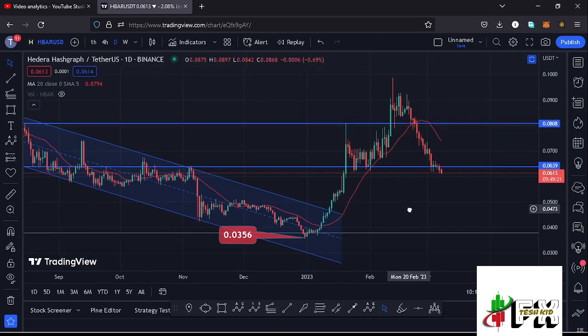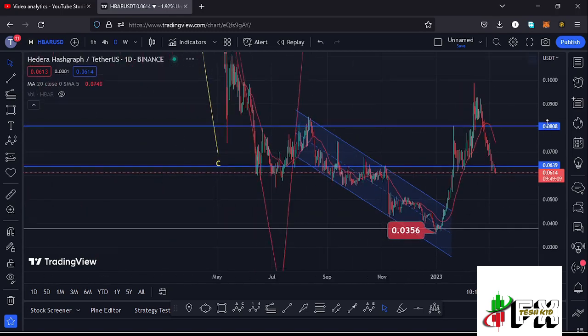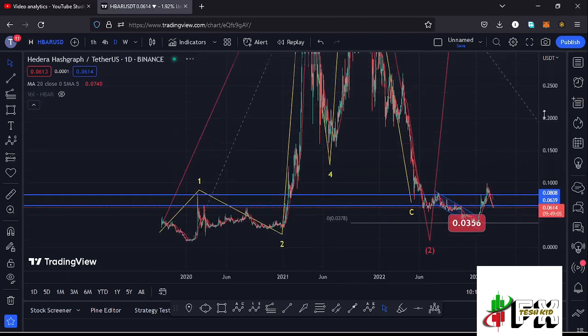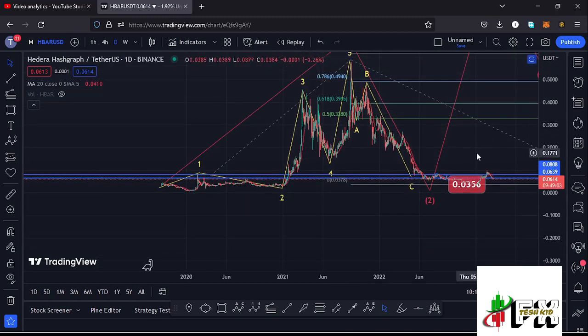The latest developments that have been happening here on the Hbar chart, which at the time of this recording has lost a key area of support at around the $0.0639 mark. We have also lost the 20-day MA here on the 4-hour chart and also continue to obey the Elliot structures. And before I get further into the technical analysis and also give you my breakdown targets here on